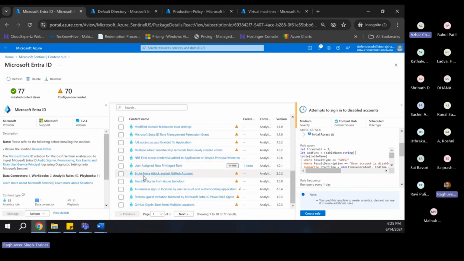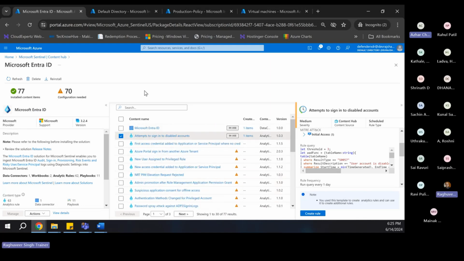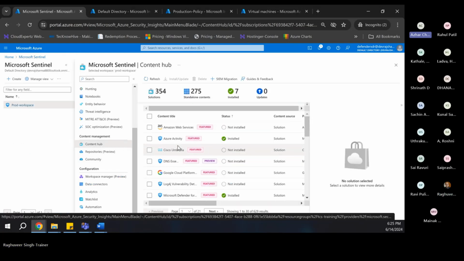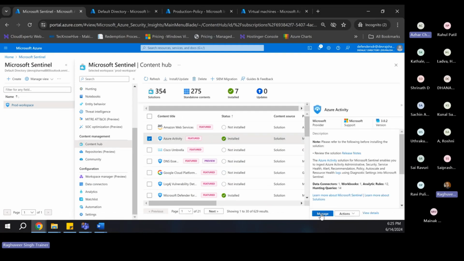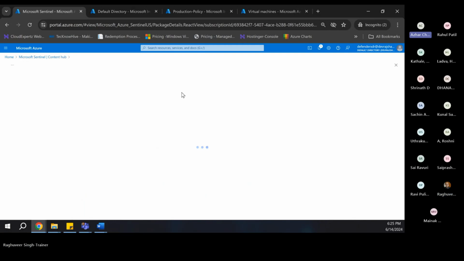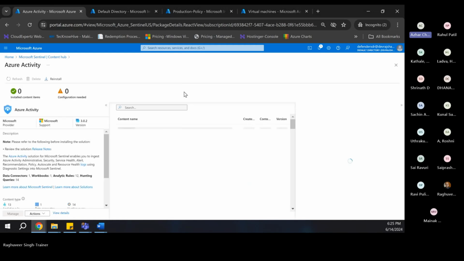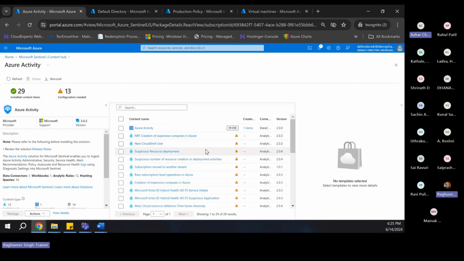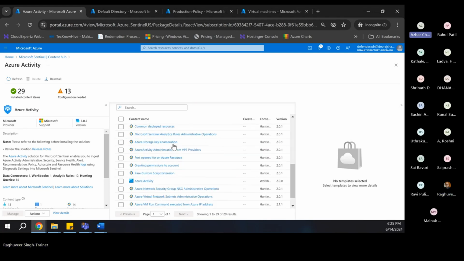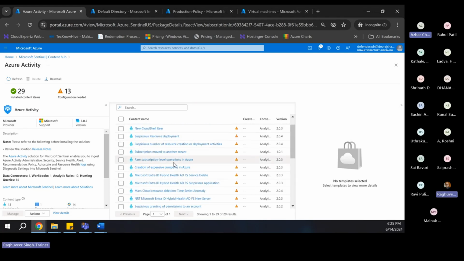Then there is another rule which is under Azure activity. So we'll go to the Azure activity solution that we installed, which is here, Azure activity, hit manage. And over here, you will find the solution. You will find the rule that I have, which is